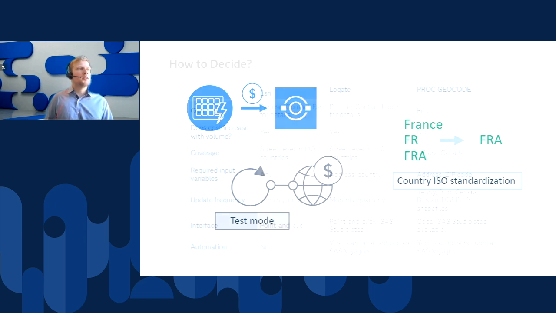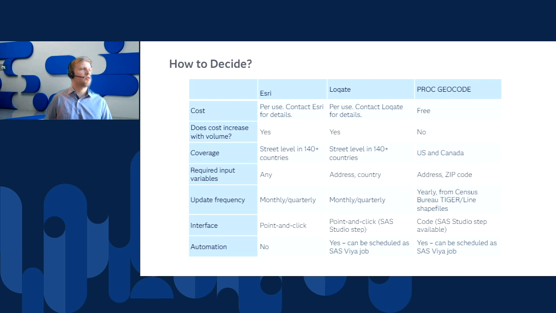All right, so I've kind of talked about those 3 different methods of geocoding. So you might be wondering, how do you decide which one to use? And the answer is really that it depends. It depends on what relationships you may already have with these geocoding providers, what your programming experience may be, what budget you have, what volume of data you might be geocoding, what sort of accuracy you require, where the data is located, all of these sorts of things.